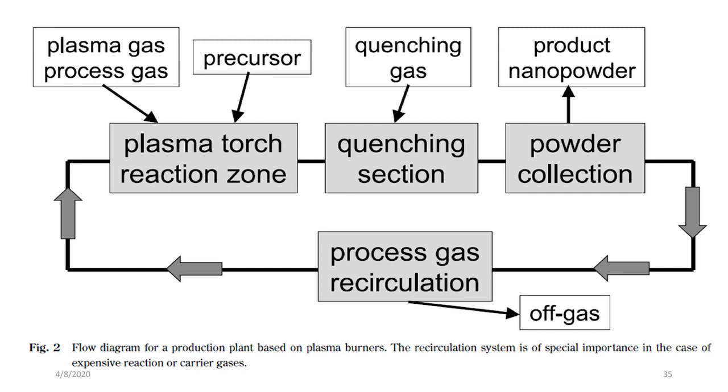If you see, you have a plasma gas here, and there's a whole process which I have put as a flow diagram. I would want you to peacefully have a look at it for a minute. So you see here you have a plasma gas or the processing gas along with your precursor material, which comes into the torch zone, then goes into the quenching zone where your quenching gas quenches it at the preferred size and shape. Now you have your nanopowder or product, which is collected at one more end.